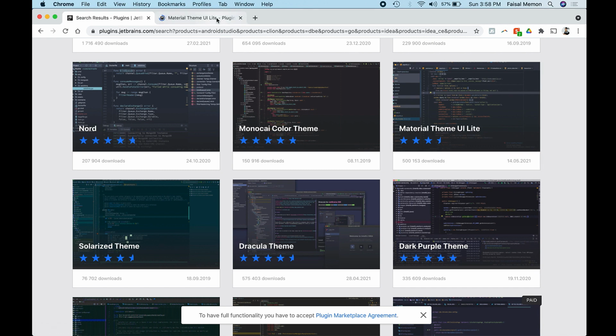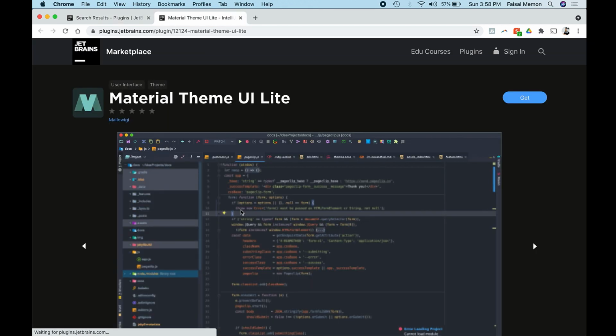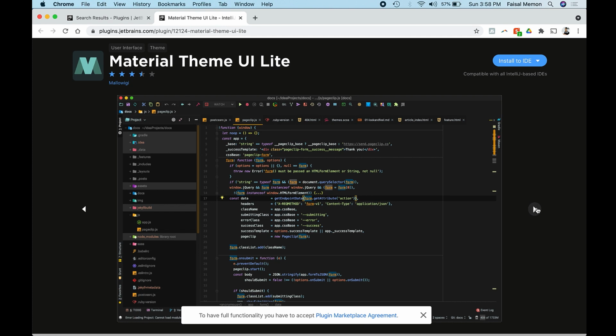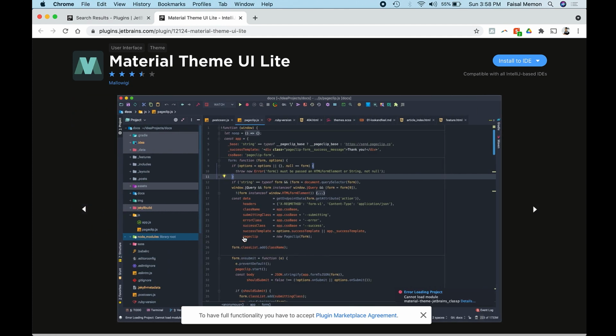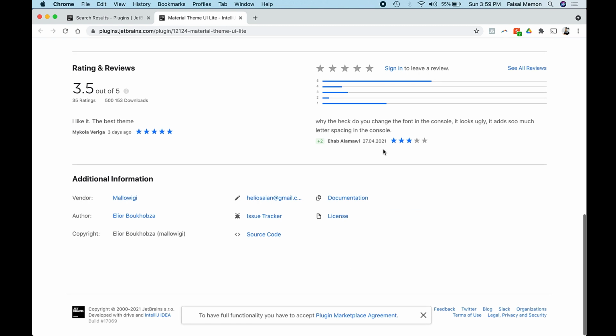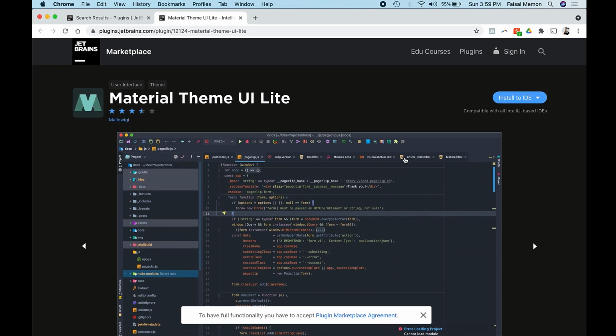So I'll just open this, and it'll load over here. And this is the theme. This is how your IDE will look after you install this. This is the light theme that you have. So you can see the ratings, the number of downloads, and some reviews out here. And to install it, you can just click on this install to IDE and it will